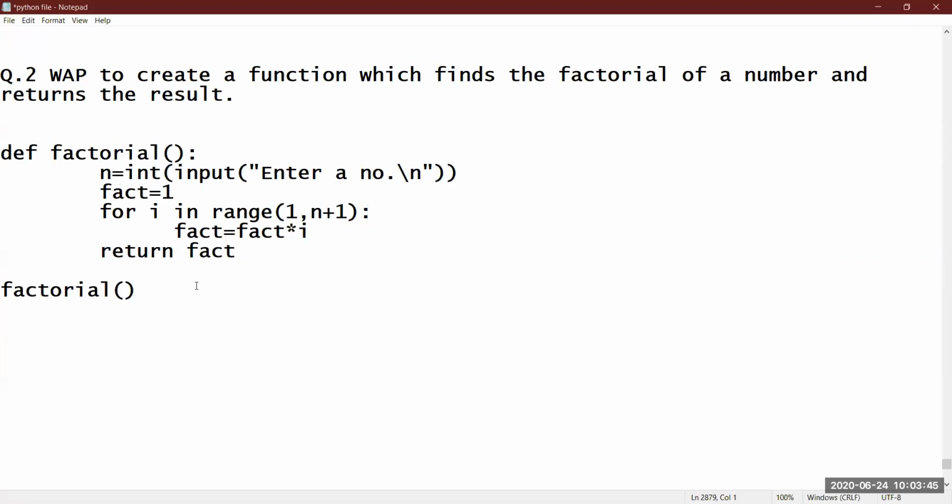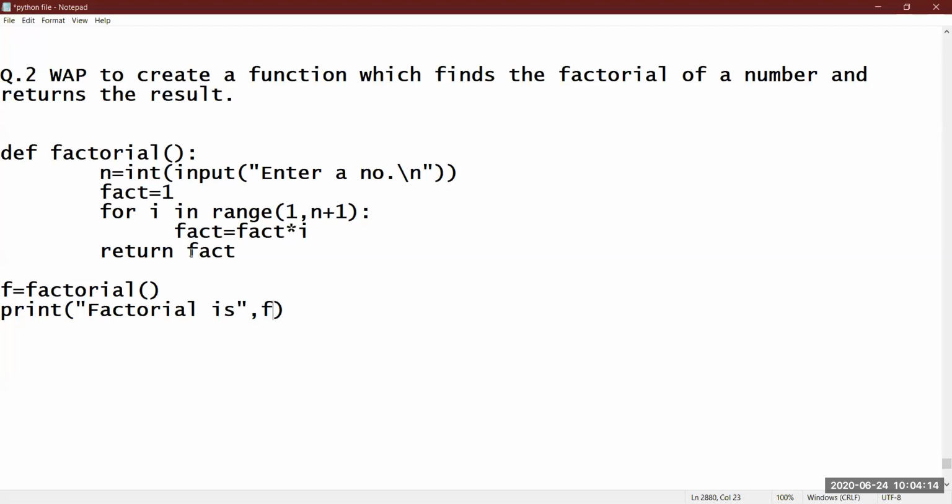You can store it in some variable. Suppose I am taking one variable f equals factorial. I will just trace this, and then one or two questions we will do again. You have to understand the simple process. Whenever you are doing a question by non-argumented without returning, print it there and simply call the function. And if you want to do the question by using non-argumented with return value, then you have to return.